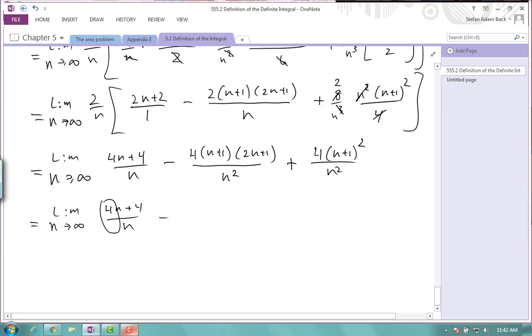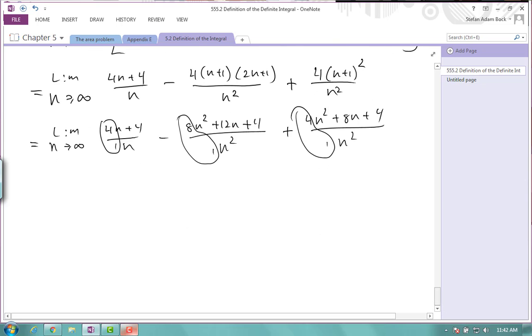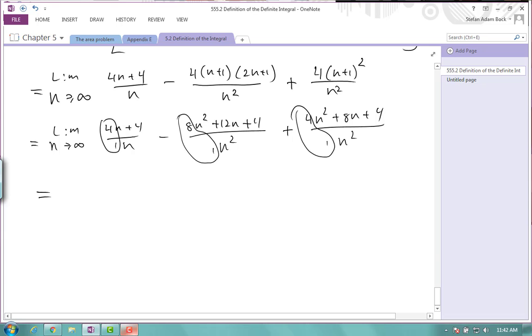Up here, I'll have 8n squared plus 12n plus 4 all over n squared, plus 4n squared plus 8n plus 4 all over n squared. So it looks like, after I evaluate my limit, I'm going to get 4 minus 8 plus 4, which is